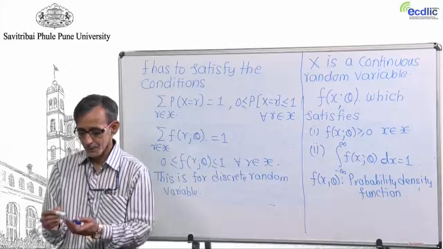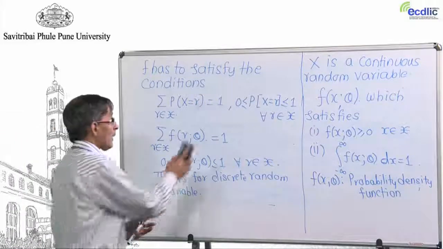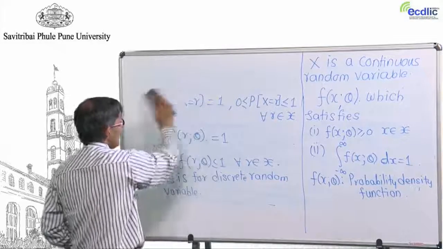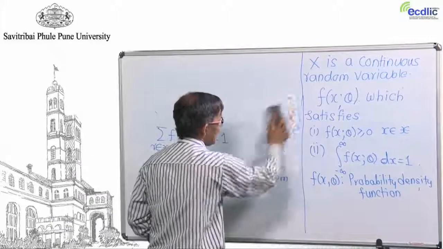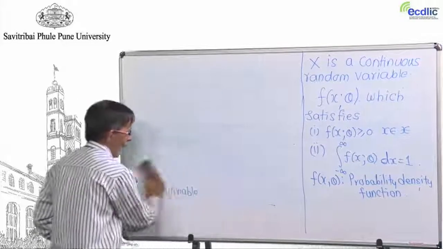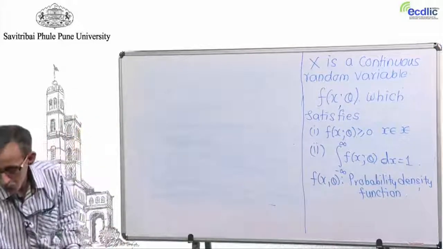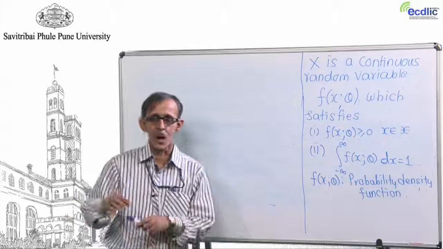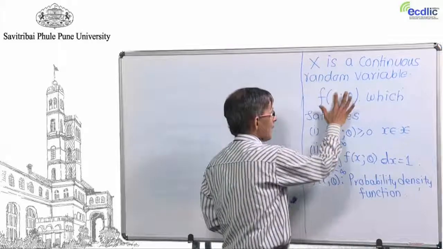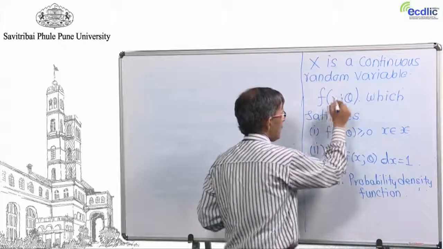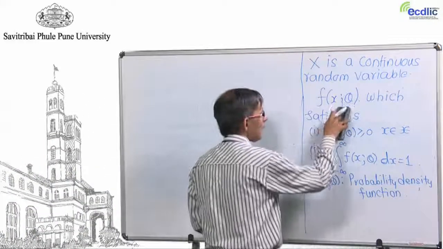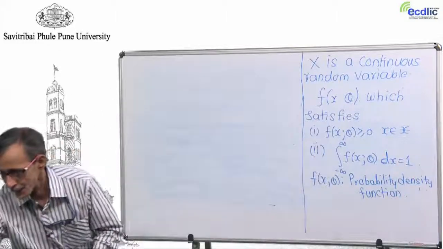Because now what you have is it's extremely difficult to individually mark, right, and instead of that you will see how much dense things are. Now, as it happens in the earlier f(r, theta), which was the probability that x takes value r, but what will be this? Because as I said earlier, a single value is not possible, and the probability that x is equal to x is 0, because you cannot be able to hit upon the exact value.